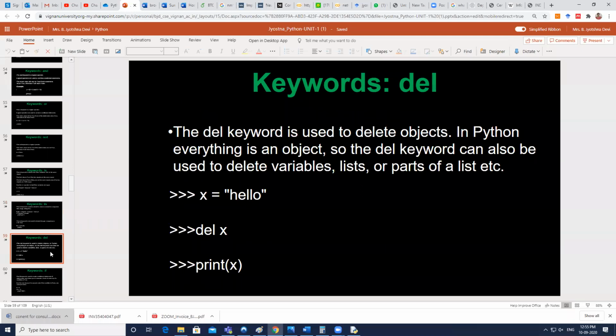Good. Okay, so now let's see how to use the del keyword. You are comfortable with the del operation, right?